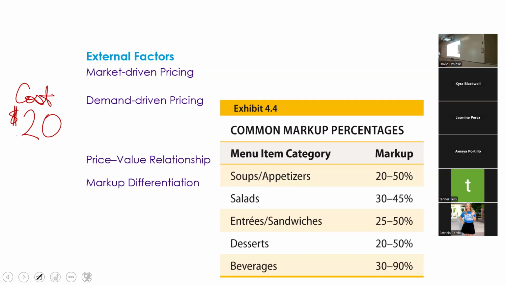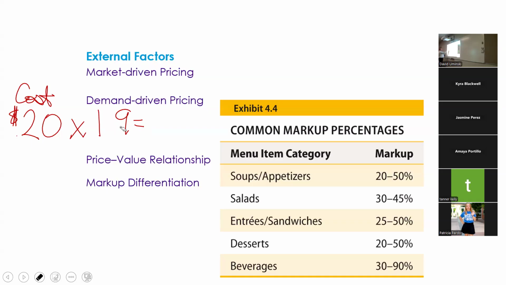Okay. So with a 90% markup, that means 90% on top of what it cost me to make, right? So I'm going to multiply by 1.9. Okay. Do we understand why I'm doing 1.9? Remember in chapter 2, we were talking about budgets by increasing by a percentage. The 1 is going to multiply by the 20, and then the 0.9 is going to multiply by the 20 as well. Right? Let me simplify it.